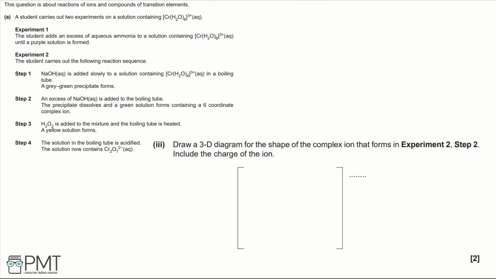Part 3. Draw a 3D diagram for the shape of the complex ion that forms in experiment 2, step 2. Include the charge of the ion. So in step 1, we formed the complex Cr(OH)3(H2O)3, and this had a neutral charge, and it was a precipitate, and it was solid. So then when we're reacting excess NaOH, we're going to replace our remaining H2Os with OHs, and we're going to produce [Cr(OH)6]3-,